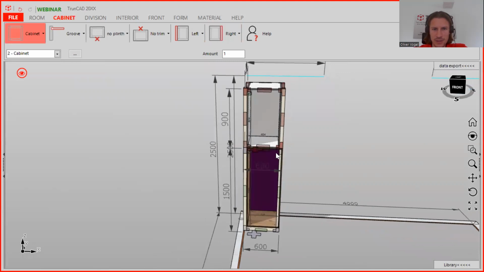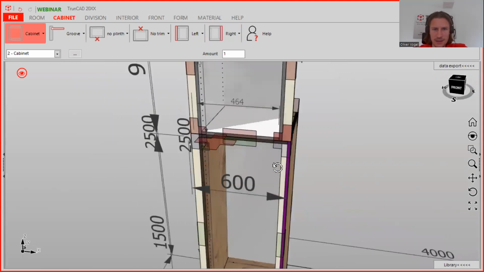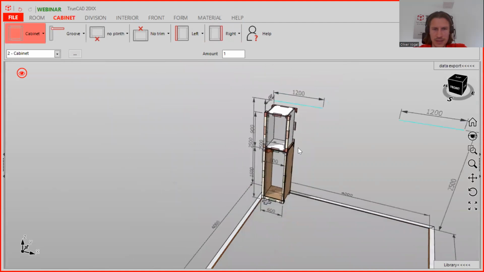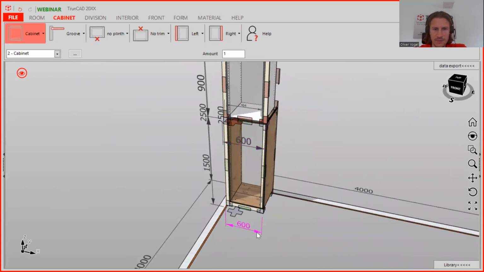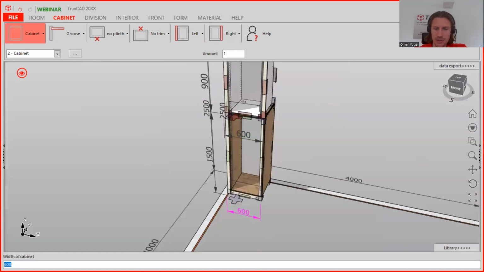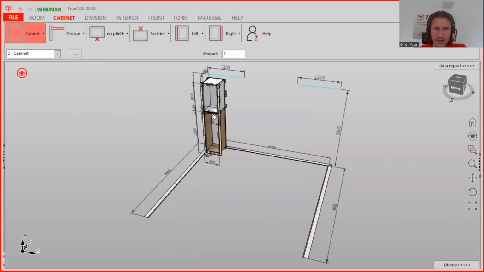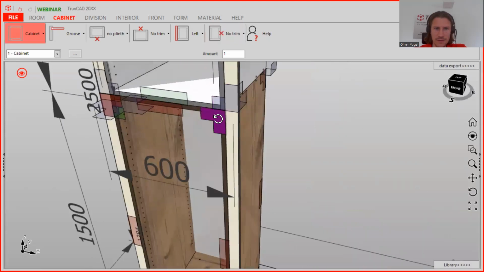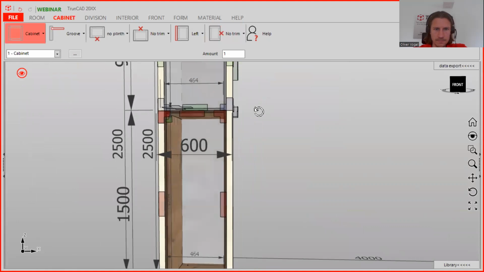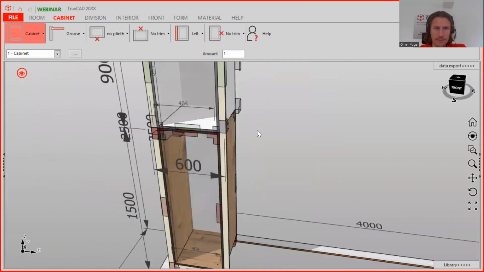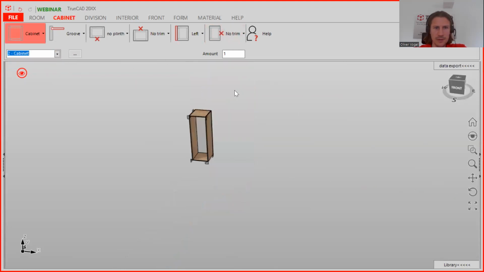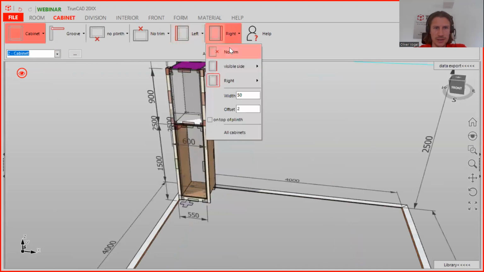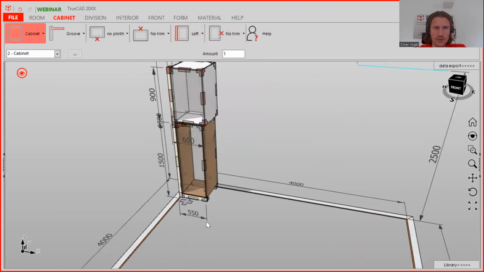Yeah, then you see it's here also extended, but now it's automatic that the cabinet is adapting. Before, you needed to also change the width of the other cabinet, and then you had the same product. But now it's even more convenient, because when you go back here to the first one, when you want to make a quick change,